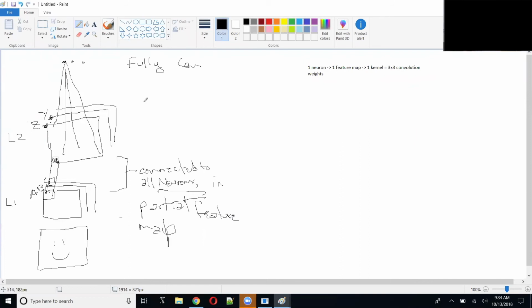Okay. Sorry for the chicken scratch there, but if you want to bring it down to the biology, then to interpret our convolution network, we would have to say that layer 2 is kind of fully connected to layer 1 in the biology interpretation, not in our computational interpretation. So that's what the layer 2 to layer 1 connectivity would have to mean to me. It's fully connected, with all the wiring of one neuron connected to all the neurons of the previous layer.